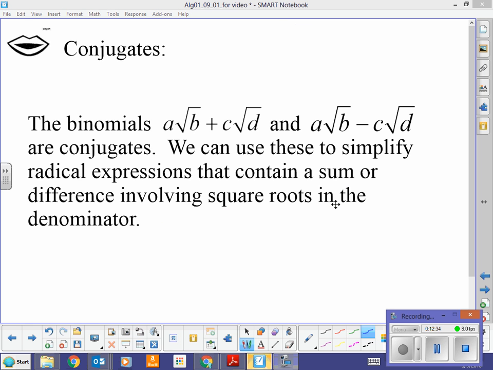Now, we have this other idea called conjugates. These are conjugates. These are examples of a radical b plus c radical d and a radical b minus c radical d. And we can use these because of the special products, where we're adding and subtracting the same two terms. That gets us the difference of squares thing, right? Okay, so